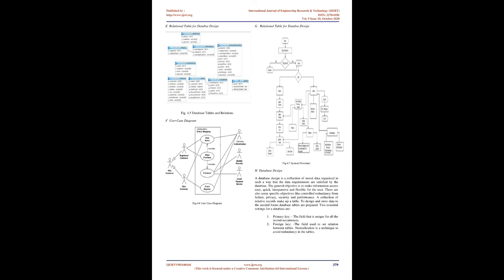A DFD is a network that describes the flow of data and the processes that change, or transform, data throughout a system. This network is constructed by using a set of symbols that do not imply a physical implementation. It has the purpose of clarifying system requirements and identifying major transformations that will become programs in system design. So it is the starting point of the design phase that functionally decomposes the requirement specifications down to the lowest